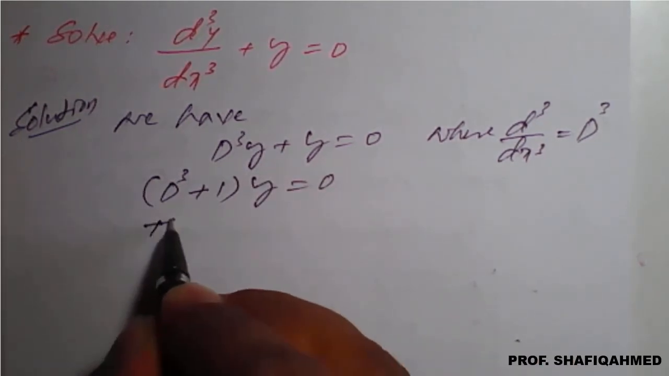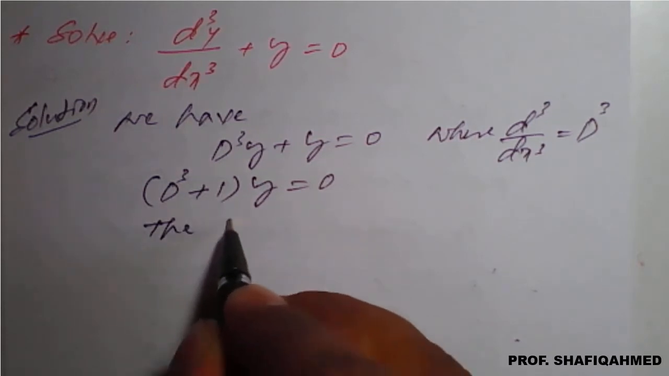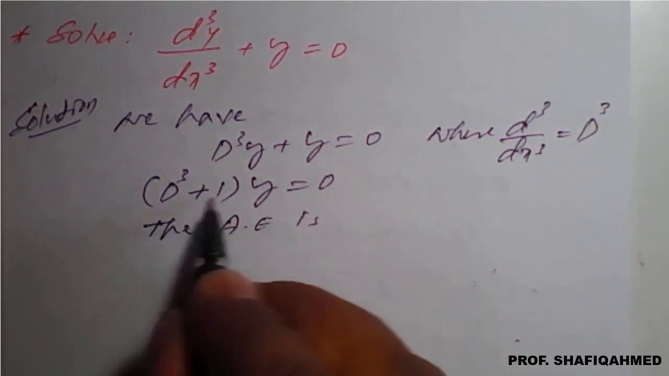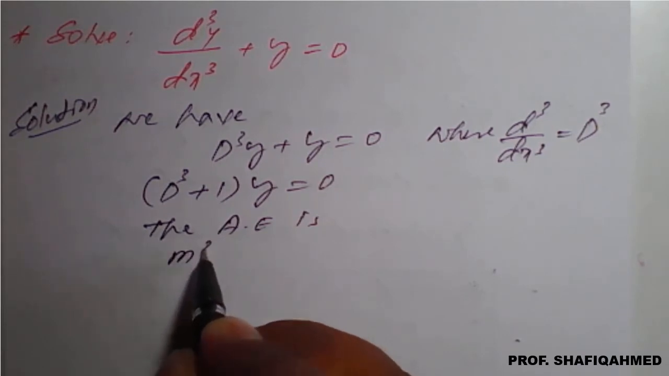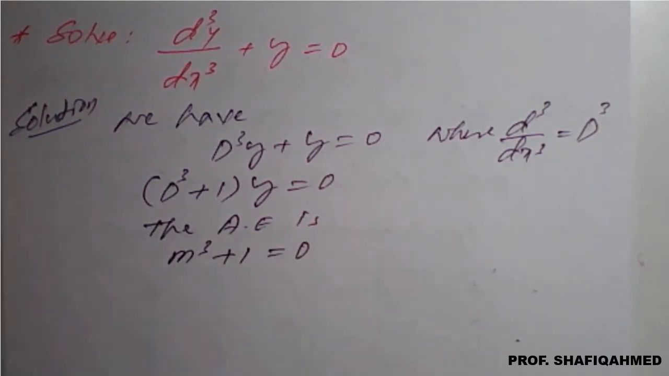Next, the auxiliary equation, meaning we need to get the roots. The auxiliary equation means we equate the bracket to 0 in terms of m, that is m cube plus 1 equal to 0. So this equation, to get the roots, I will rearrange as